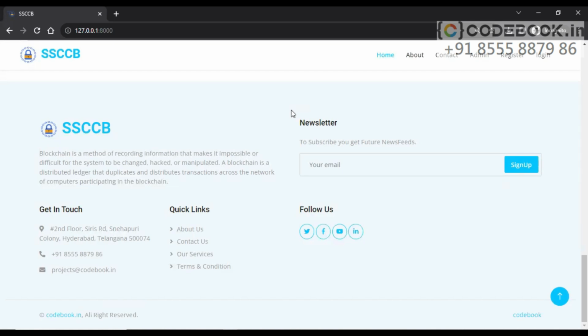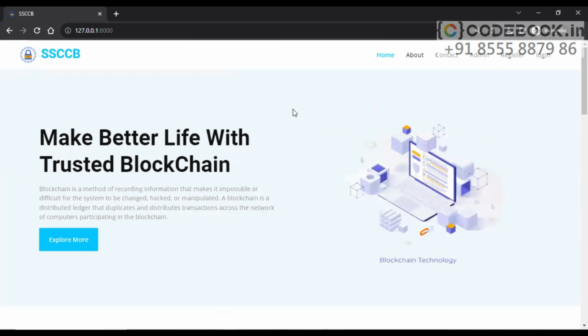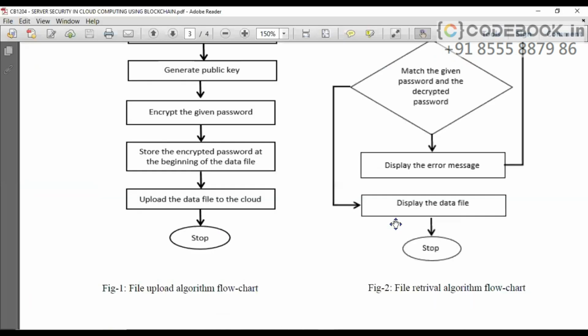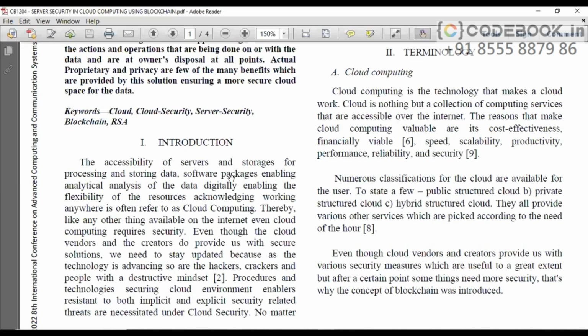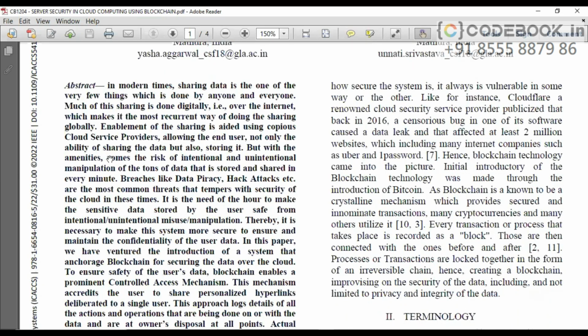Now, to get started with the project execution, let's understand the project concept. For that, let me show you the research paper of this project. This is the research paper, server security in cloud computing using blockchain. And this is the abstract wherein it says in the starting about the cloud service providers and what are the